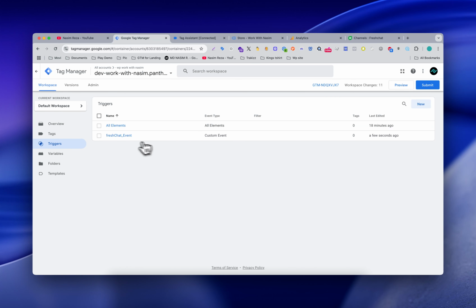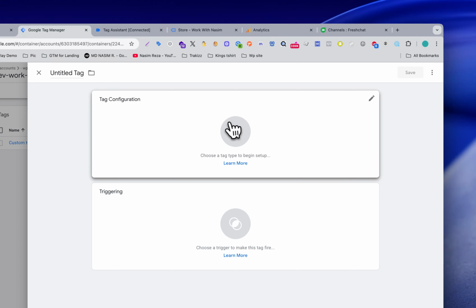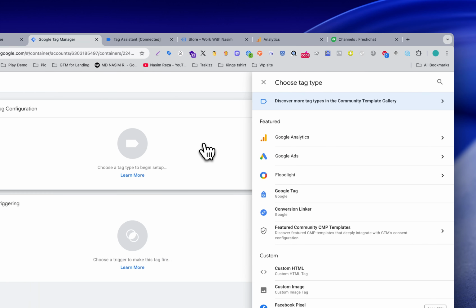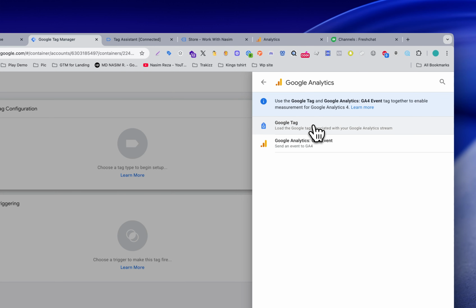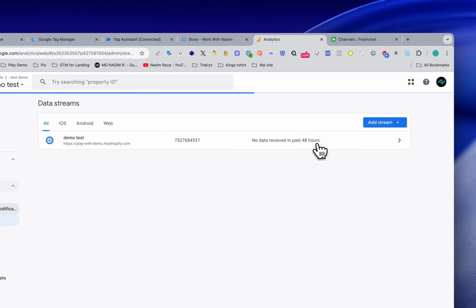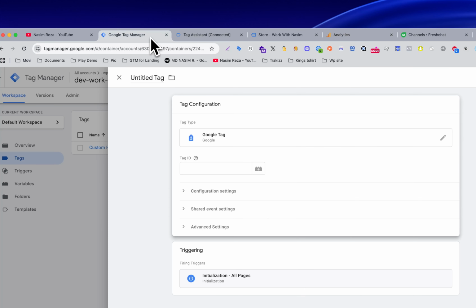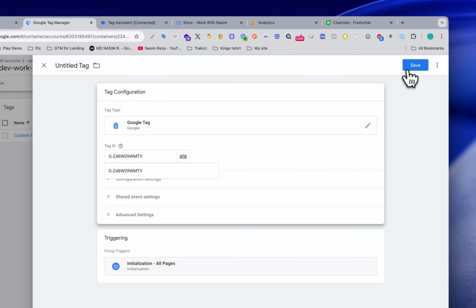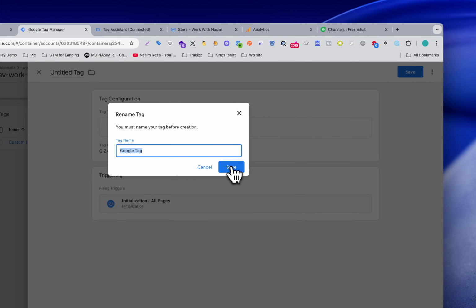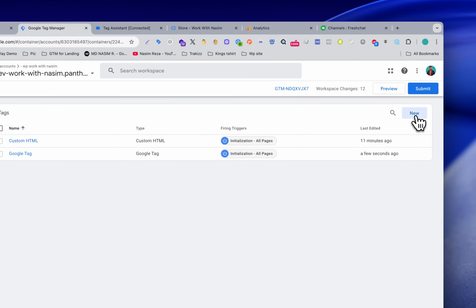So our trigger is okay. Now we need to make the event. So go to tags, go to Google tag. First of all we need to make the Google tag. So for the Google tag, we need to input the measurement ID and paste it there. Okay, and then save it. So you can say it's a Google tag, and then we need to